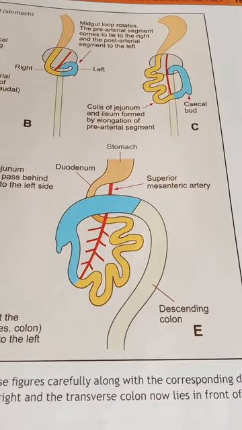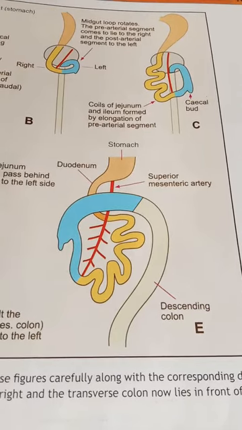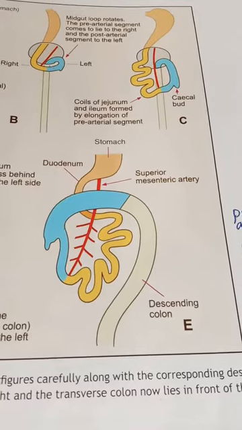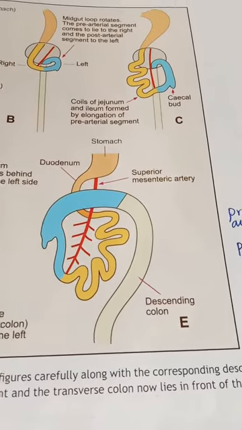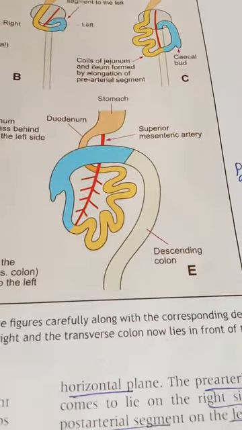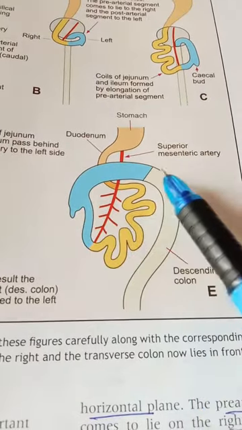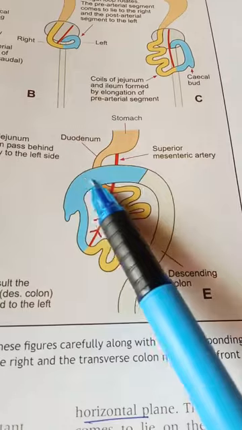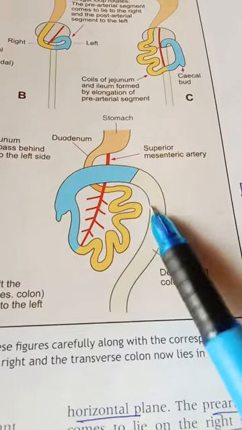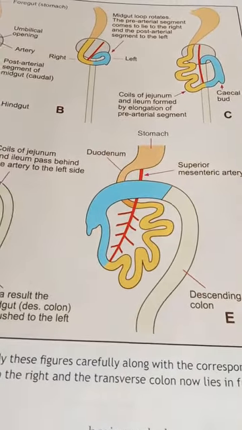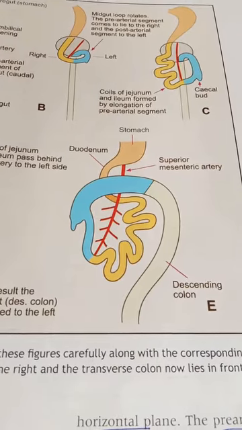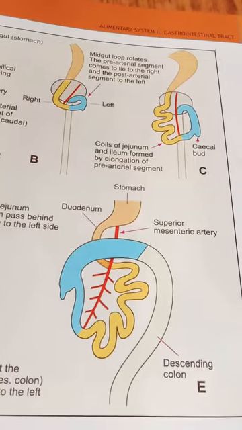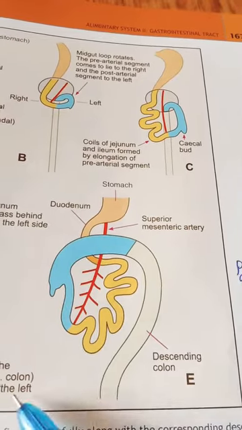Where is the cecum? All rotation takes place in the anti-clockwise direction. This is a very important point. Whatever rotation takes place is mainly in the anti-clockwise direction, and remember now the cecum is towards the right side. This is the descending colon, superior mesenteric artery, transverse colon, ascending colon, descending colon, right? And finally the cecum lies below the liver and ascending colon. So now finally this is the cecum, right?